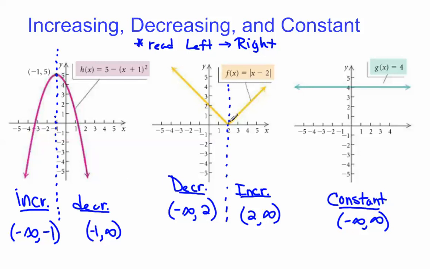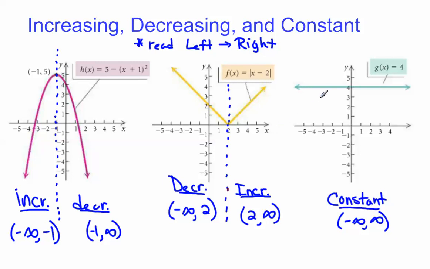Okay, here we've got an absolute value function graphed. In this case, as I first start from the left and follow the graph, it's decreasing, decreasing, decreasing, and then I hit this point where it's going to change. So I'm going to draw myself a vertical line there where it's changing. All right, and then it starts increasing. So once again, we start way back here on the x-axis because we read left to right, negative infinity up to, where do we run into the line? 2. Okay, so this section we would describe as decreasing, and then from 2 to positive infinity,